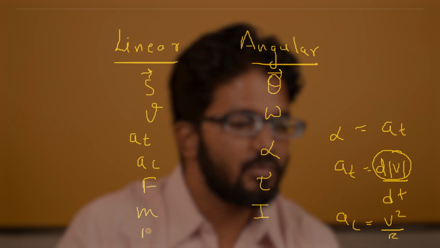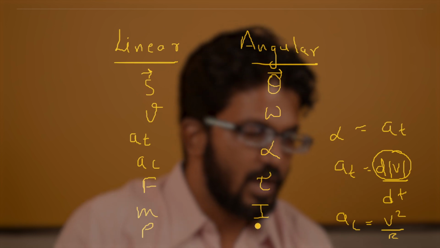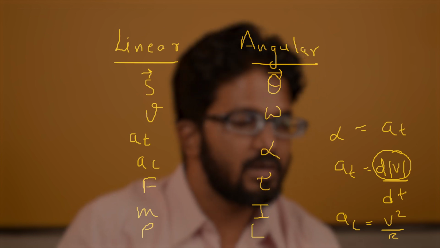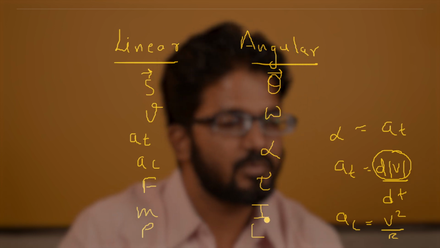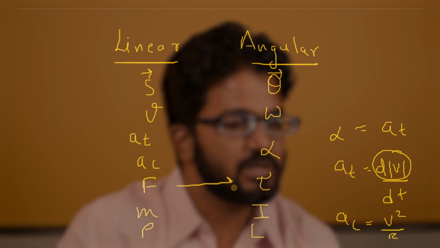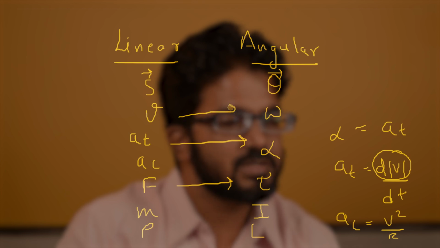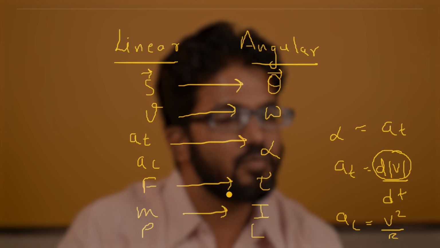Similarly, like we have linear momentum, we have angular momentum. So we have to understand how force is related to torque, how A tangential is related to alpha, how v is related to omega, and how displacement is related to theta, and what are the overall relations we are going to use. So first relation that we already know, that